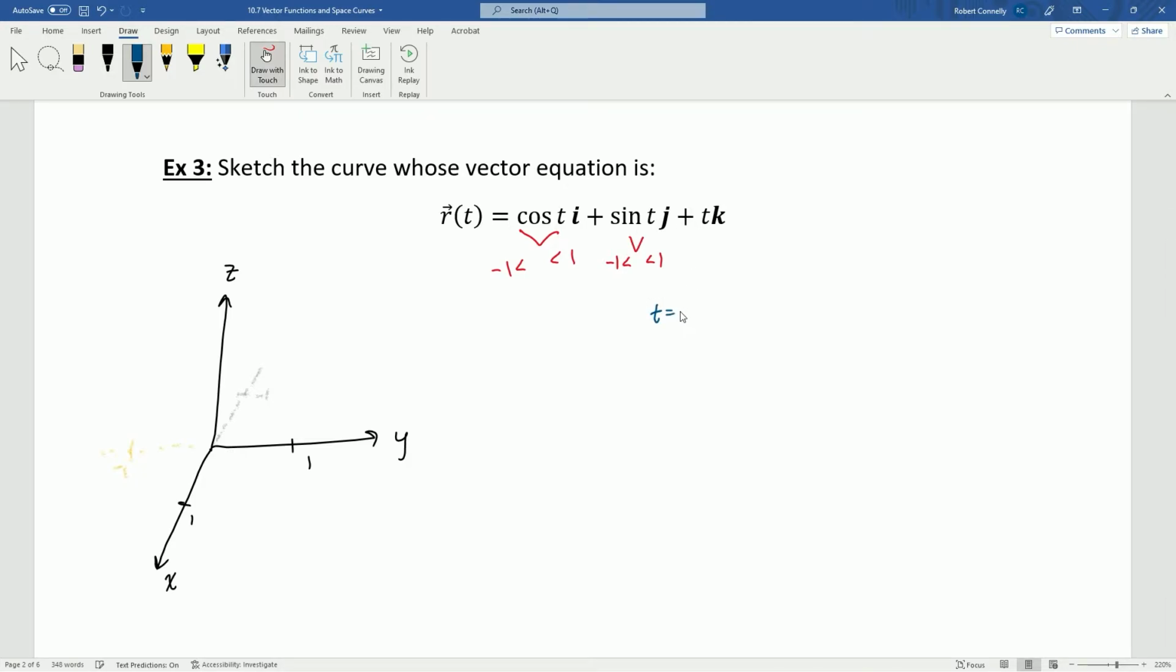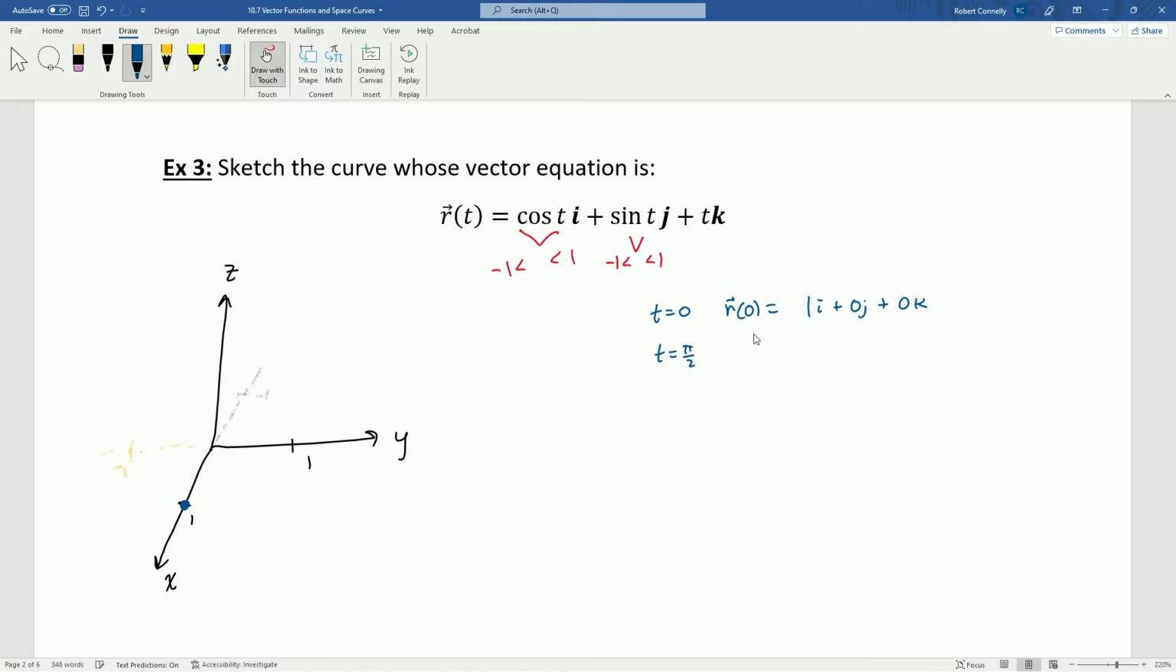So for t equals 0, r of 0 equals 1 plus 0 plus 0. In other words, that's just going to put us right here. The curve that we're talking about is the curve whose points are the points touched by this vector r of t. Now if we think about what happens when t increases, like when t goes to pi